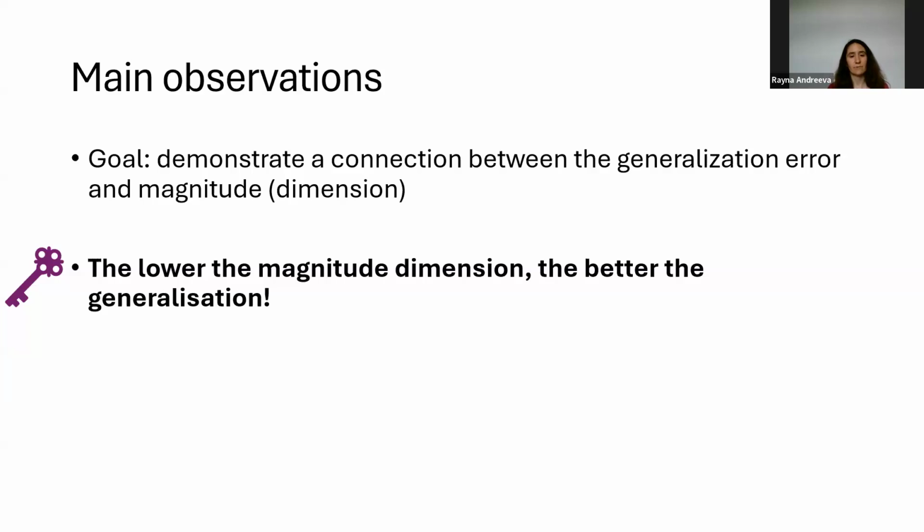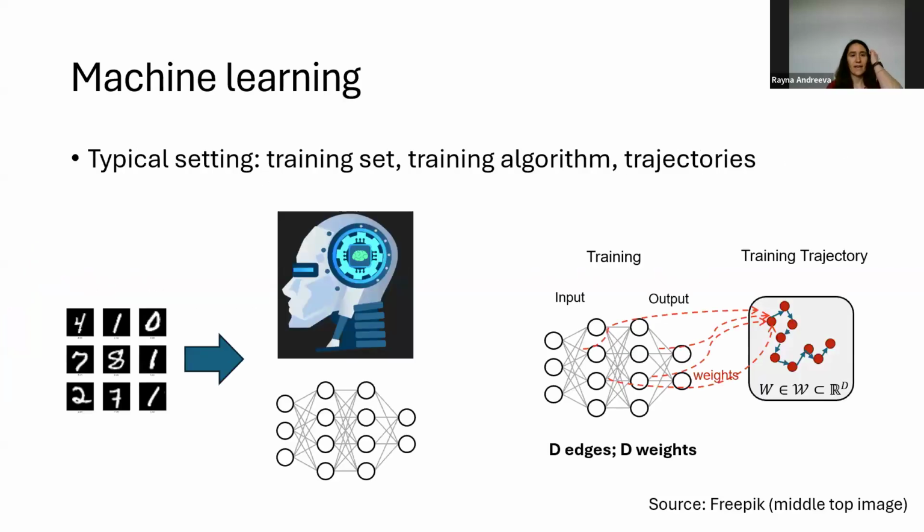Now let's try to formalize what each of these words mean. I would assume that not all of you are familiar with machine learning, so let's try to explain in very simple terms what the main ingredients are so that you can understand the rest of this talk. So in a typical setting, you have a training set. Let's say that you start with an input. And a very common input is, for example, the data set of handwritten digits or MNIST. Then you pass it to the neural network and you use the training algorithm to output the best possible function such that when you pass in new input, a new digit, it's going to be classified correctly.